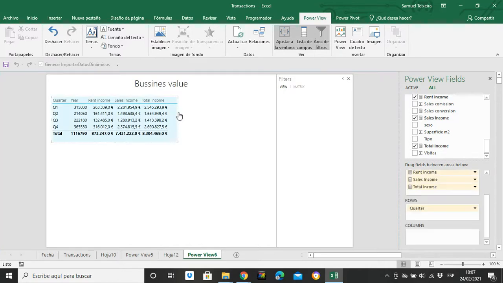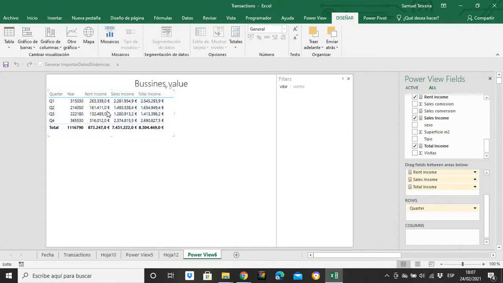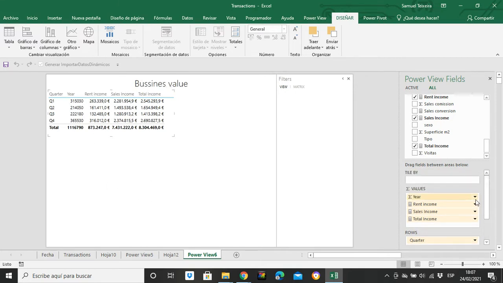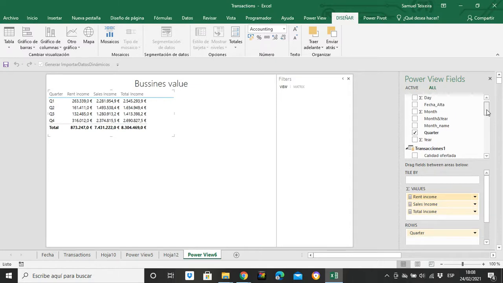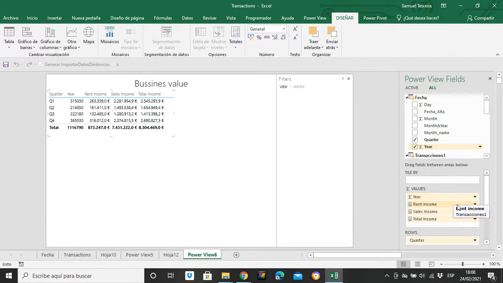So I think it is a good table to summarize our sales and our rent. Let's count this, no. Let's remove this field. Let's add the year, but